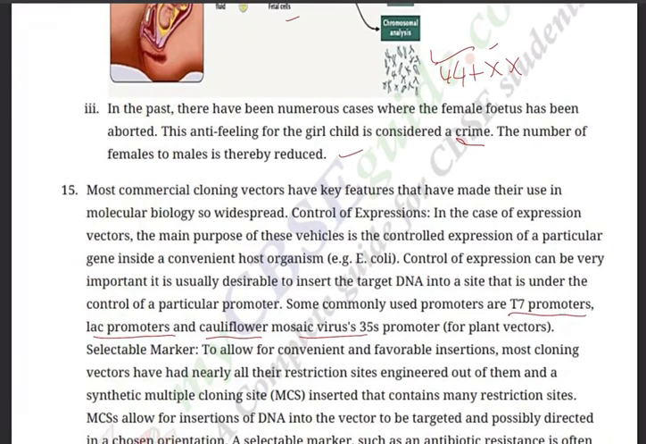So, this is how you need to express your answers, and your answers must be supported or enhanced by suitable, beautiful diagrams. So, keep practicing diagrams and